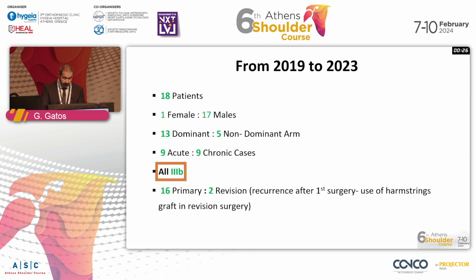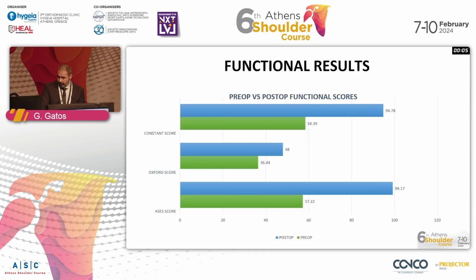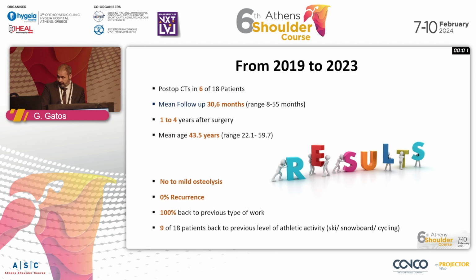So this is one case, pre-operatively and post-operatively. From 2019 to 2023, we treated 18 patients, 17 males, 1 female, 13 on their dominant arm. There were 9 acute and 9 chronic cases. They were all type 3B, 16 primary and 2 revision surgeries. All the scores were improved from pre-operatively. The ROM also improved. And we have conducted post-op CTs in 6 of those 18 patients, with a mean follow-up of 30.6 months,